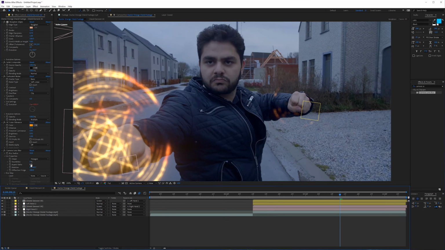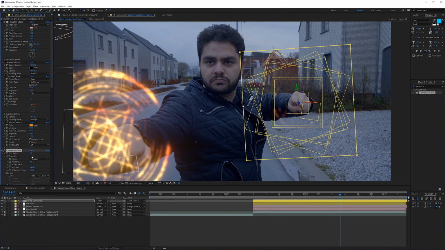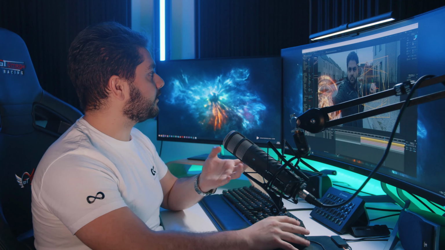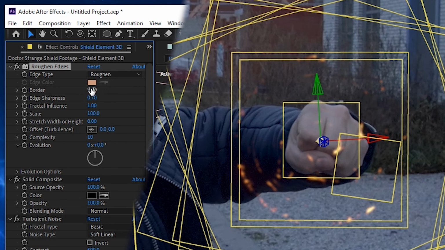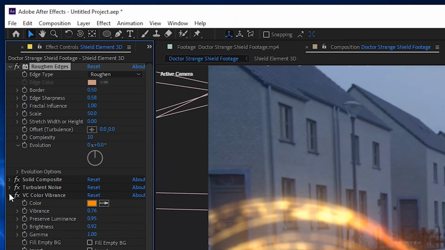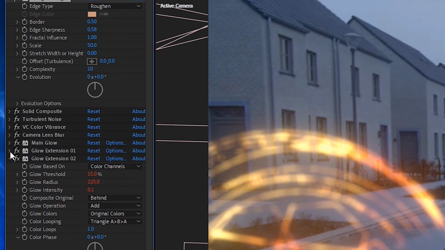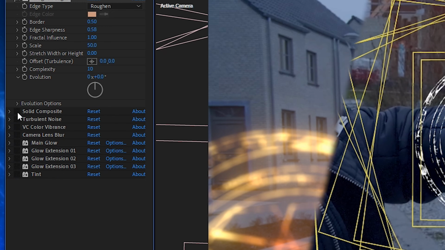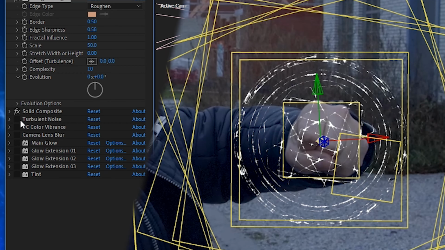And here we do want to make less camera lens blur. And most importantly is of course the roughen edges, because now it's further away, so the lines are a little bit thinner. So we want to lower the border here to something like 0.5, and there we go. Also lower the edge sharpness, so we can basically just check all of these effects, close them down, and see individually what everything is doing. So this looks okay, looks okay,